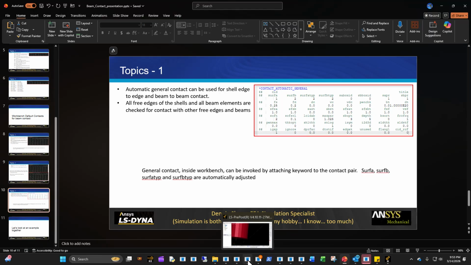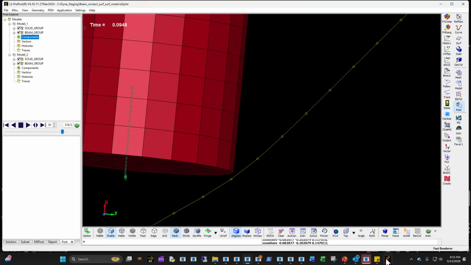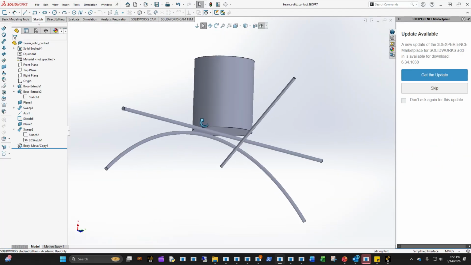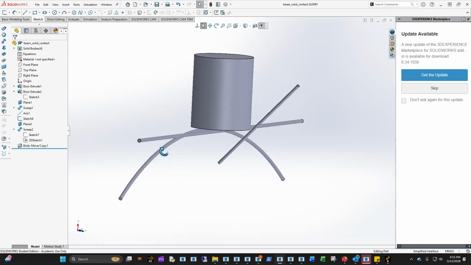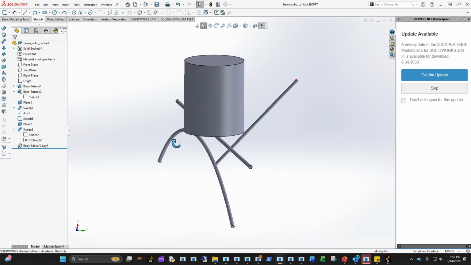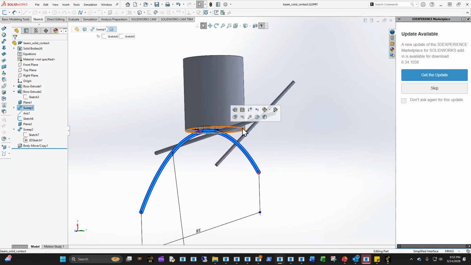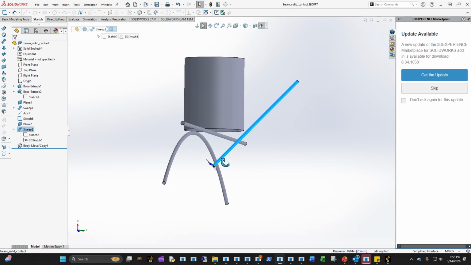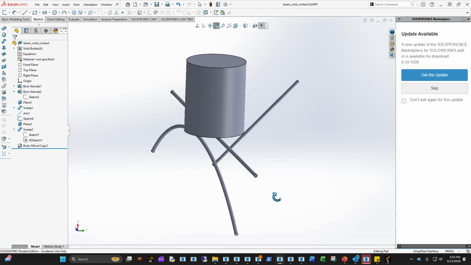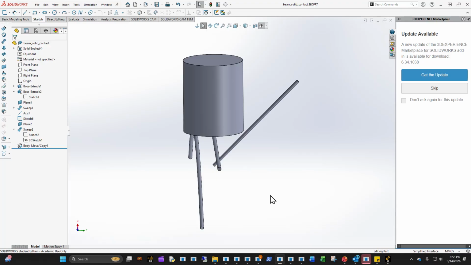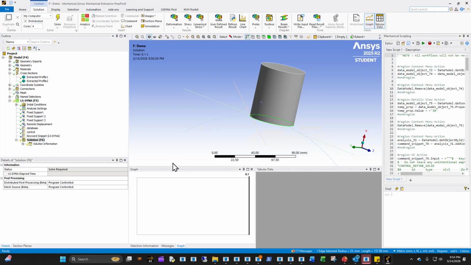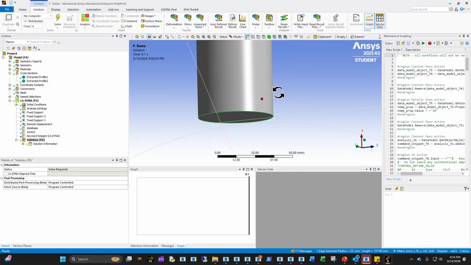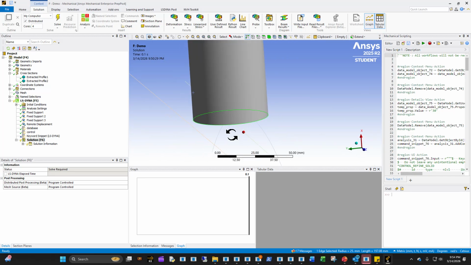Okay, so I already showed you the results right here, right? But let's look at the basic model setup so you understand what was done. In this case, what I have is basically 3 different beams, right? We have some common cross sections and some shapes that I'm defining. For this beam and this beam, I'm contacting this surface, right? And then for this beam, I'm basically contacting at the edge, which is what I want to be able to resolve. I want to be able to generate a beam to solid contact such that the beam can be correctly established relative to the contact with the solid element, but I also want to be able to define the